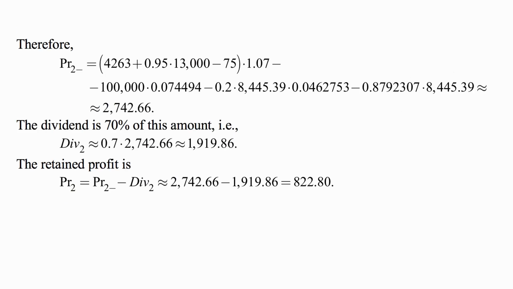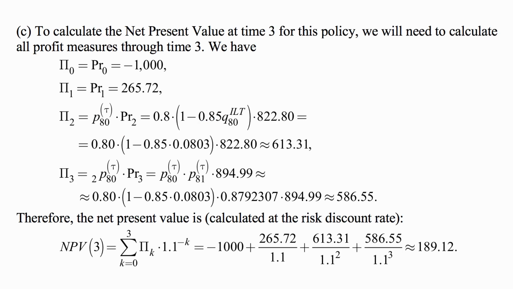And then we plug in those values, and we get PR2 minus to be 2,742.66. Now, if the dividend is 70% of this amount, then that's 0.7 times the amount we just calculated, and that's 1,919.86. The retained profit is profit minus the dividend, and that's 822.20. To calculate the net present value at time 3 for this policy, we will need to calculate all profit